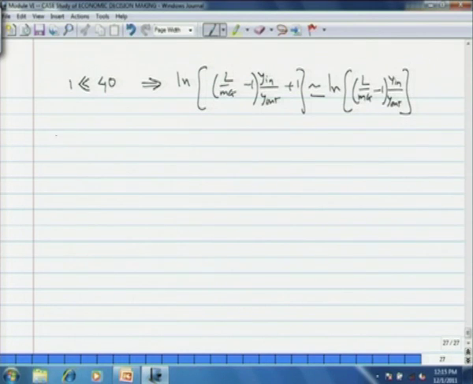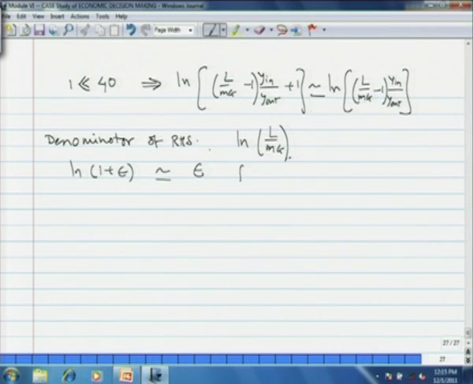Now, let us see the denominator of the right hand side, which is ln L by mg. We know that ln 1 plus epsilon will be approximately equal to epsilon for small epsilon. As epsilon becomes smaller, this becomes valid. Now, we have L by mg equal to 1.4. So, we can write